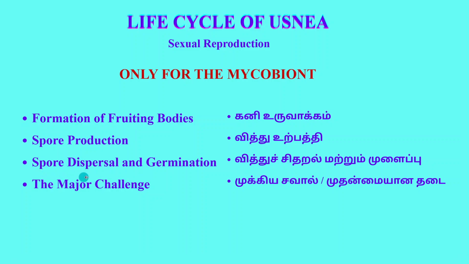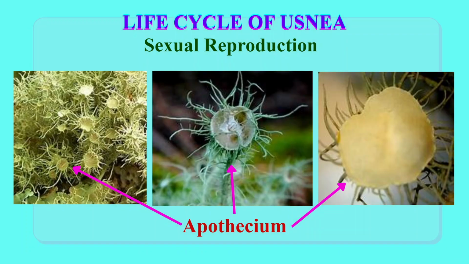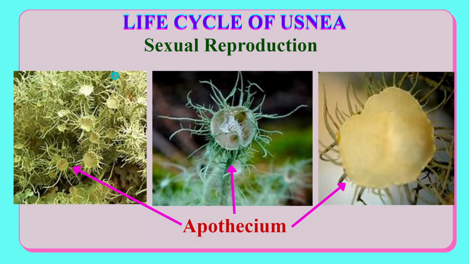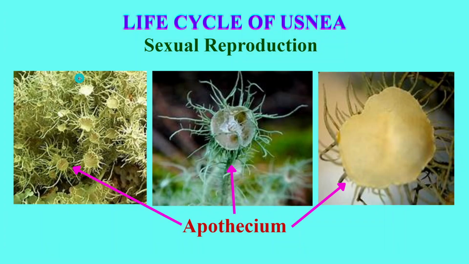Once the spores are produced, they are dispersed, and on falling onto a suitable substratum, they will germinate. There will be a major challenge for this fungal partner, which is being reproduced through sexual means, that is the mycobiont. It has to find the right algal partner to make a new lichen thallus. This is a very challenging part. So here the sexual reproduction is more complex, and it is an uncertain process that only involves the fungal partner,